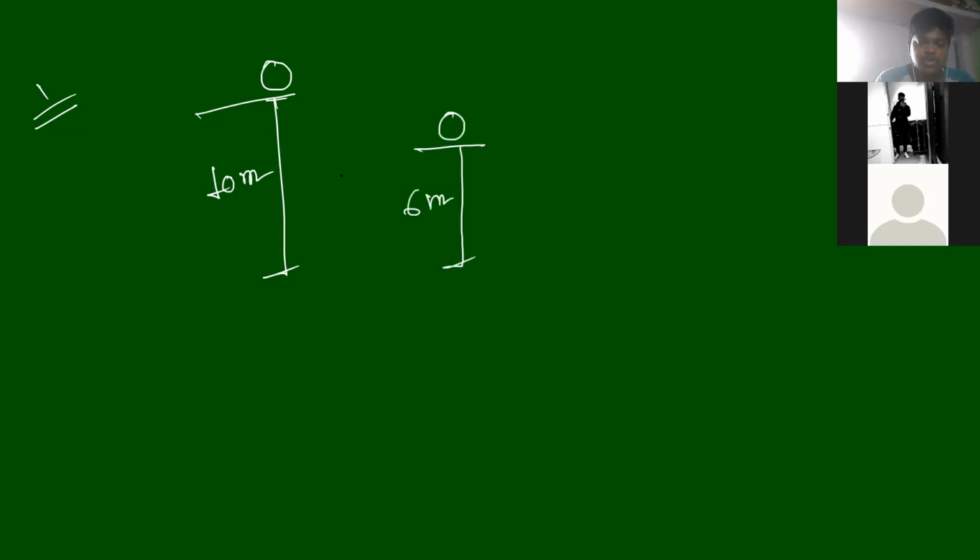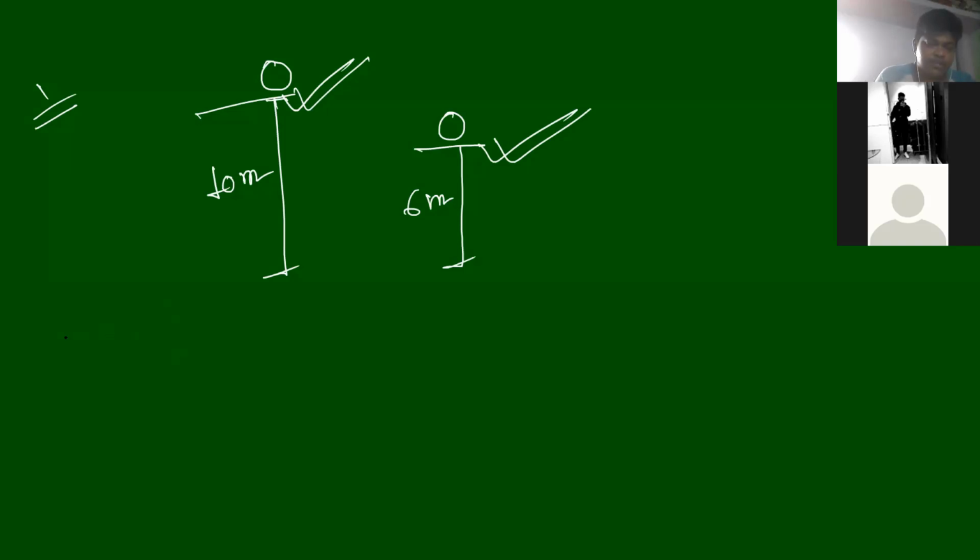Okay. So whenever the object is coming down, the stored potential energy at a height of 10 meter is going to convert into kinetic energy. But in this case, we have to find out the change in potential energy. That means at 10 meter, we'll find out the potential energy. At 6 meter, we'll find out the potential energy. Then finally, we will find out the difference of them so that we can find the loss in potential energy.